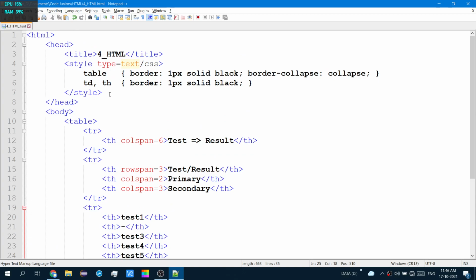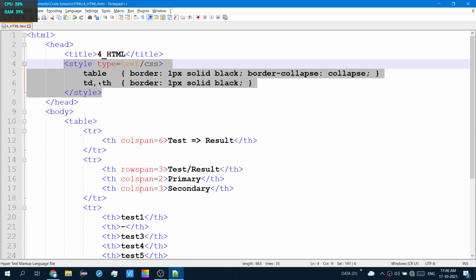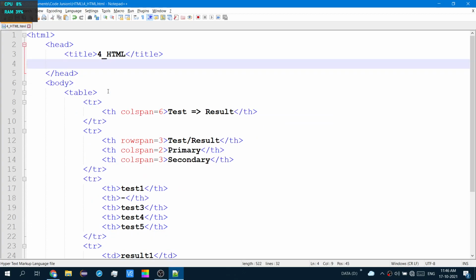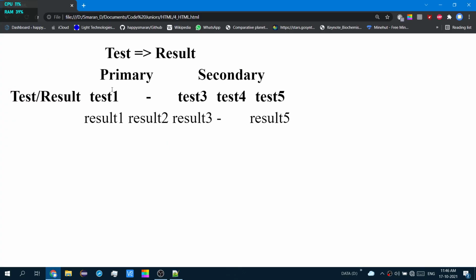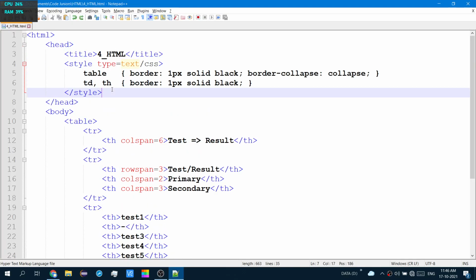Now note, to add the borders, I had to use this CSS code. If I were to get rid of this, well, the formatting will stay, but there are no more borders. So you will need this piece of code